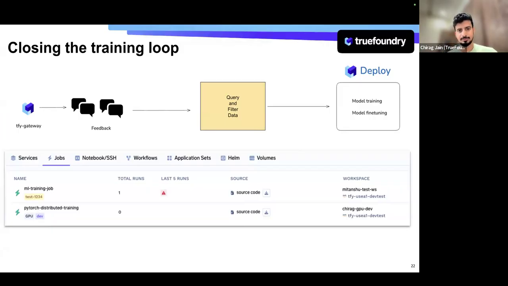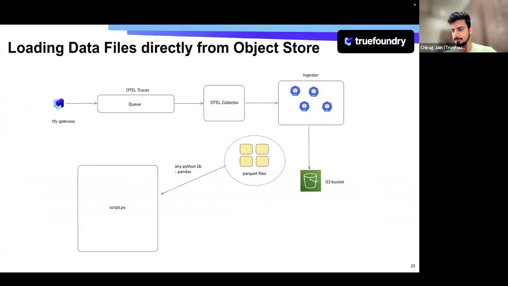Okay, so I can talk about the last thing. Earlier we talked about how this whole system works on top of object store. This diagram roughly depicts how the data reaches your object store. The gateway emits OTEL, OpenTelemetry compliant traces, that go to our OTEL collector which runs inside the control plane. Then it goes to our ingester pods, which are again in the control plane, and then the data is put